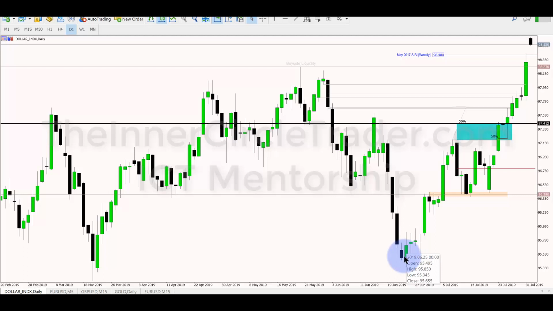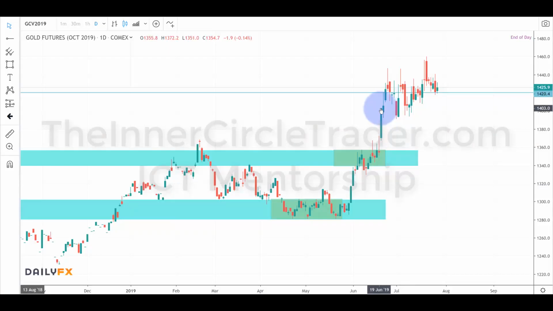June 25th creates the low. And then we start to trade back to the middle of the range. It starts rallying after we get this breakout here. But this low on the 25th of June, the 25th of June is,